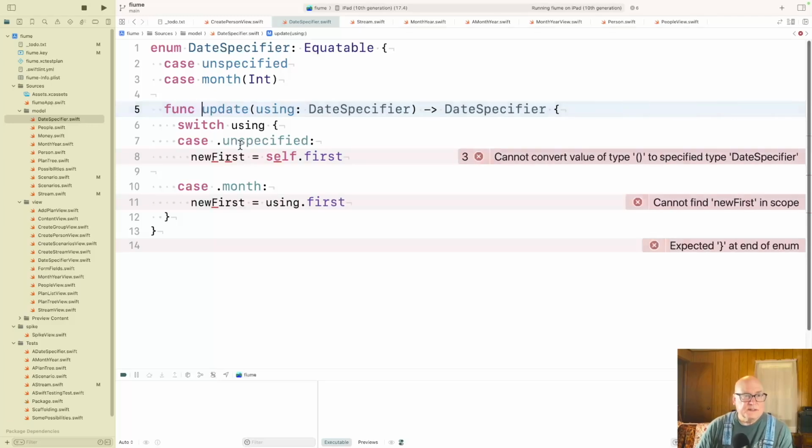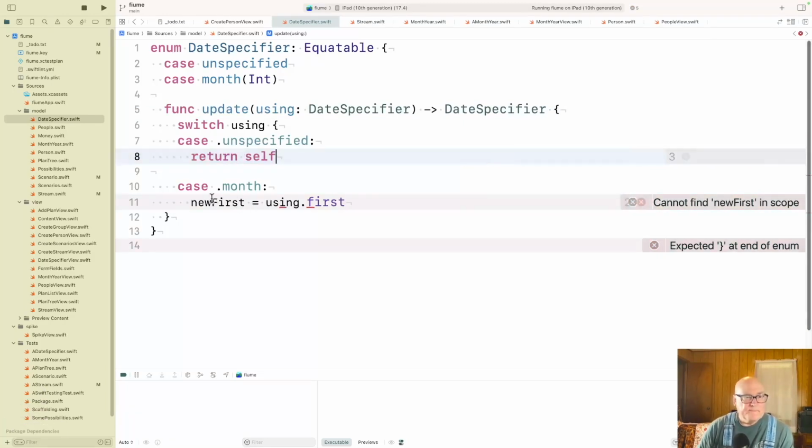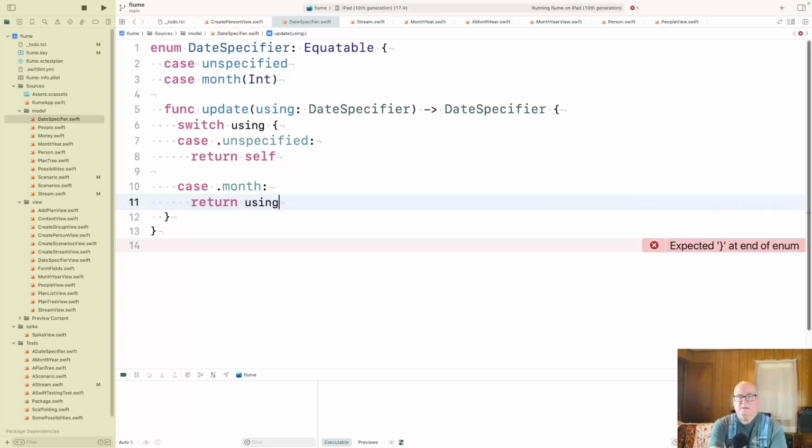Switch using. If using is unspecified, return self. And if it's a month, return using. Does that sound right?